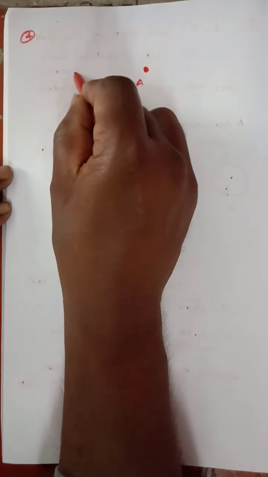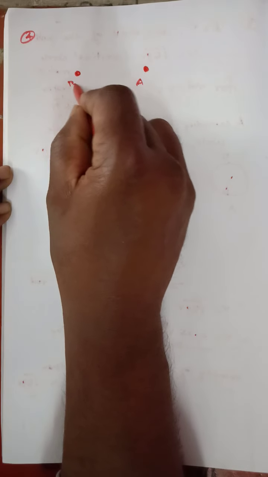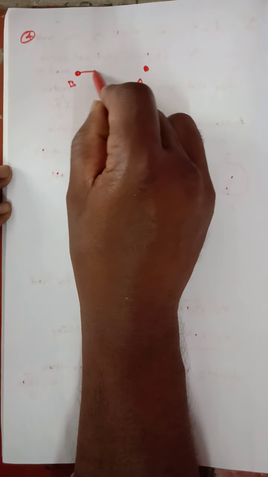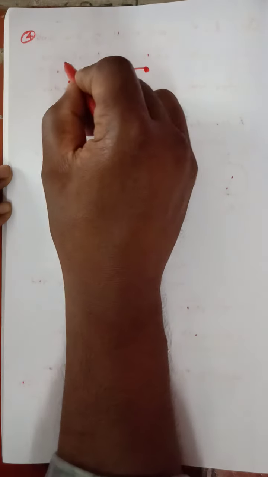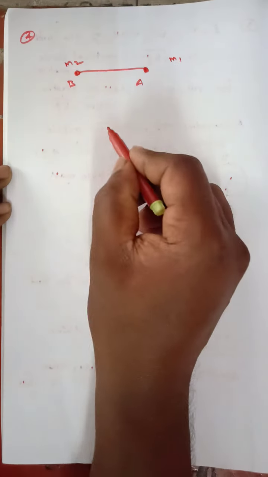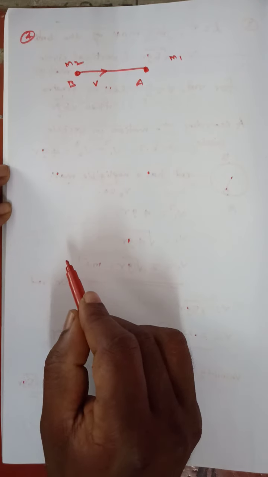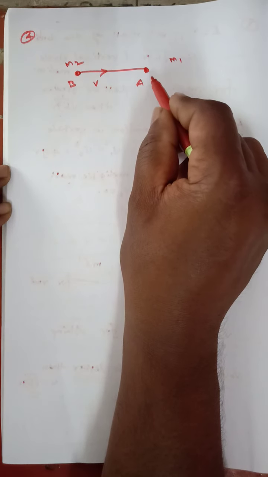Fourth problem. So draw the diagram for this question. Here A is the object, and here B is the object. B moves with velocity v, striking on A. Its mass is m2, and the mass of A is m1. So B is moving with velocity v. After both collide with each other at a point,